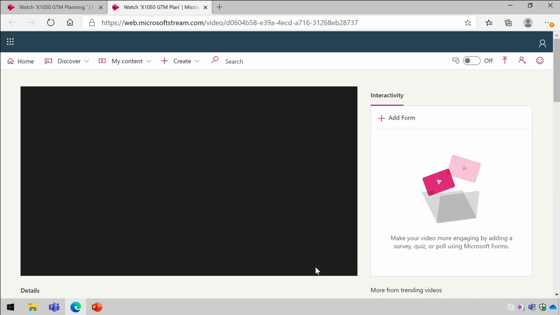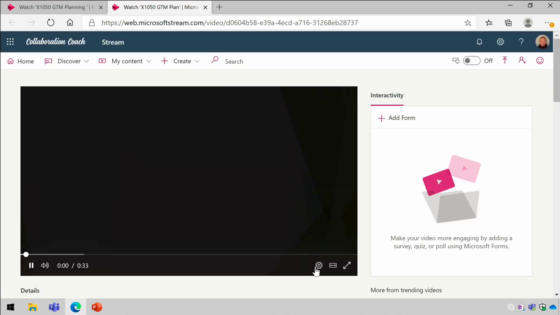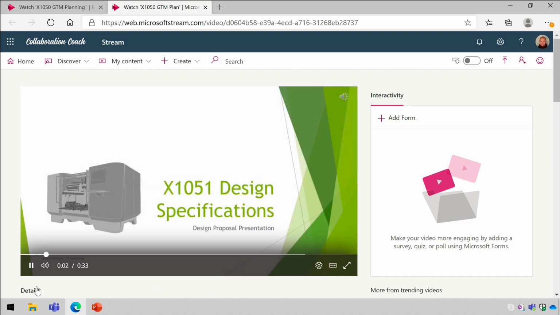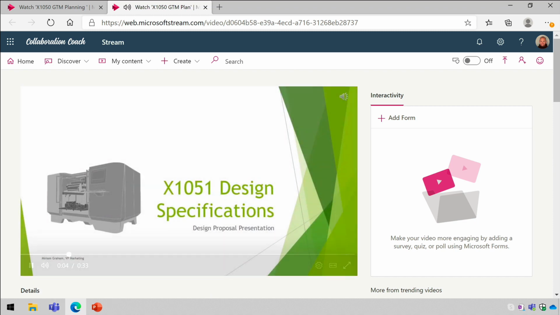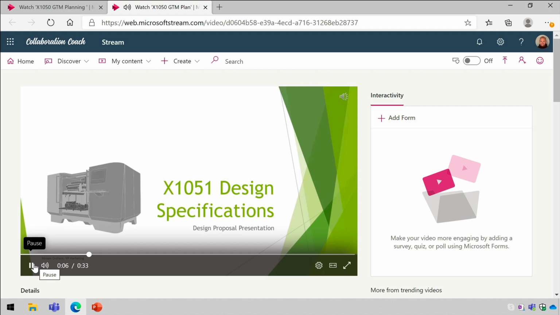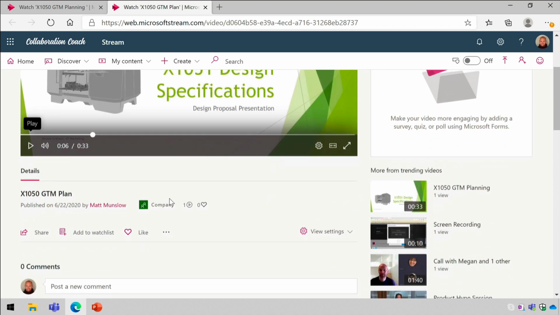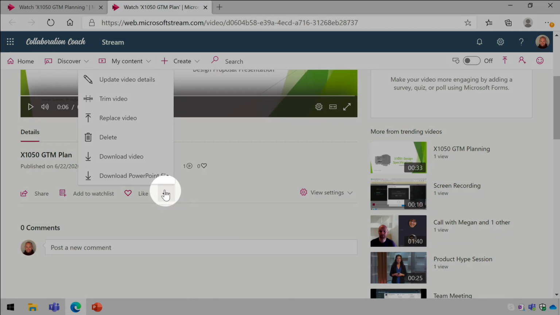So it will open up a browser, go to Stream, take you to the video itself and start to play it. You can see my video has played. The animations, the transitions and the audio are all there. Now to get the captions and transcript, I have to do a couple of extra steps. So I'm going to scroll down here to this ellipsis to the More Actions menu, and I'm going to choose